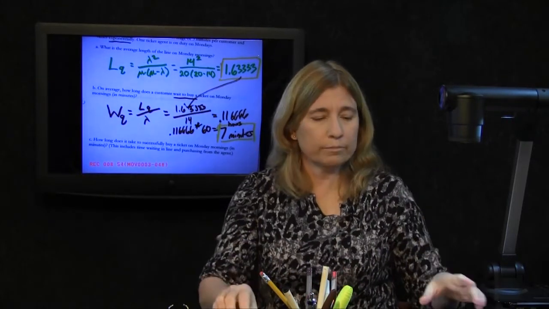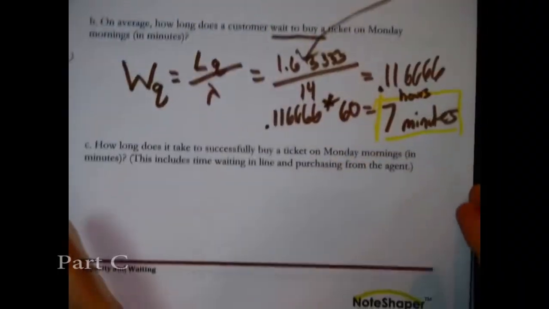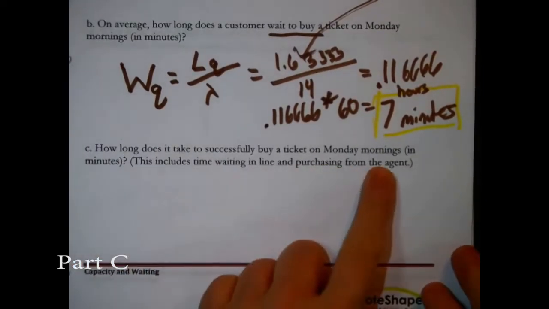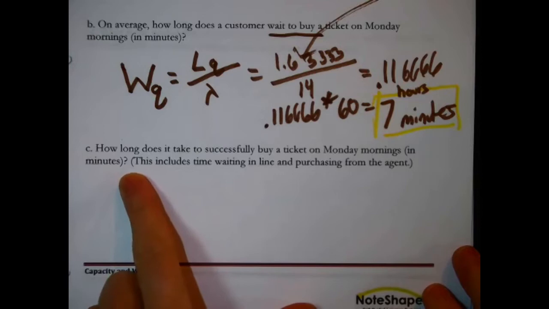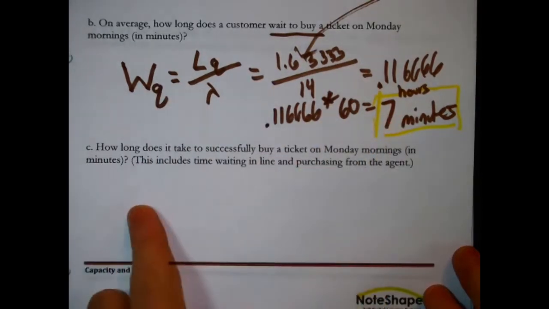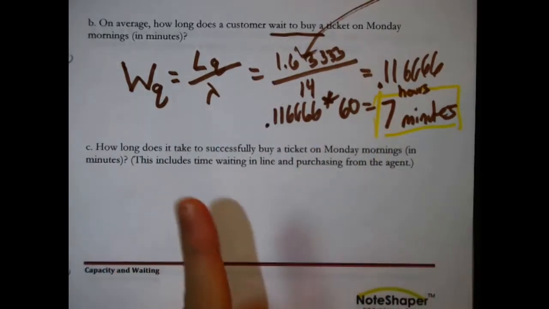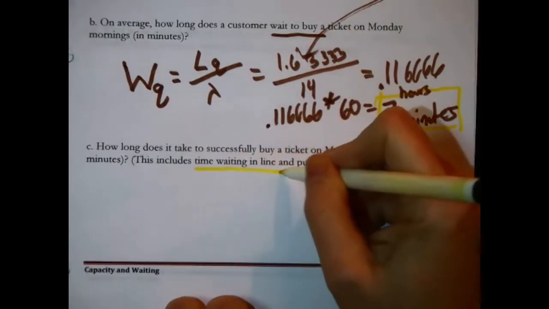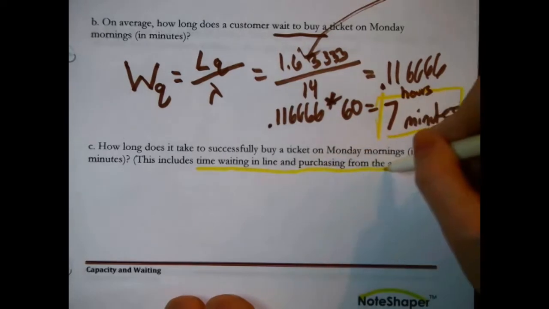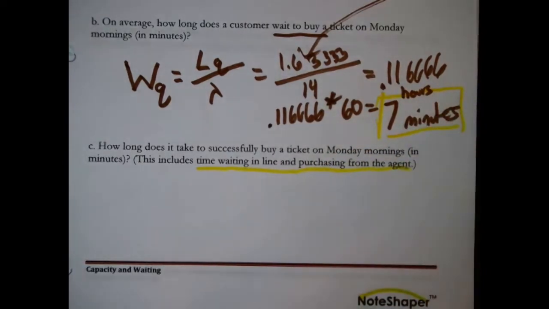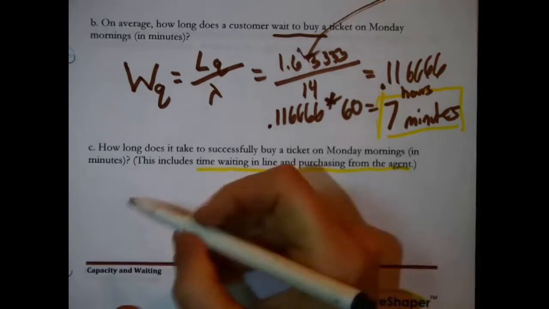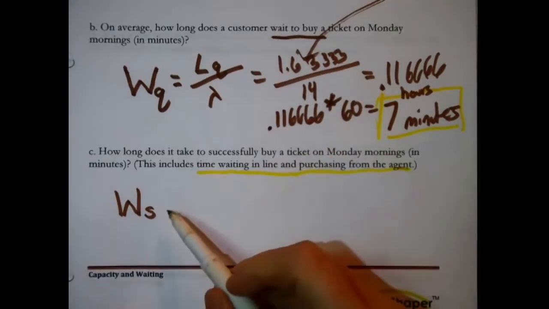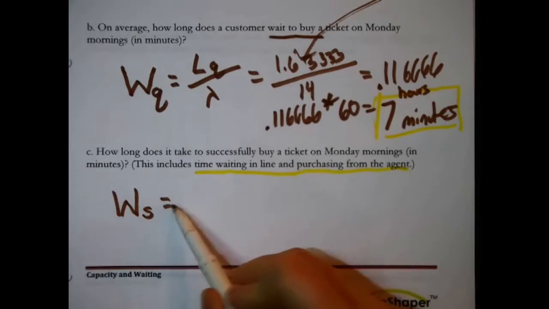Okay, next question. How long does it take to successfully buy a ticket on Monday mornings in minutes? In minutes too, right? So it's good that we are translating this to minutes. This includes, now see, this is trying to help you out with that decision of what formula to use. This includes waiting in line and purchasing from the agent. Oh, so this is the other formula. This is not WQ, this is WS, the total amount of time spent in the system,